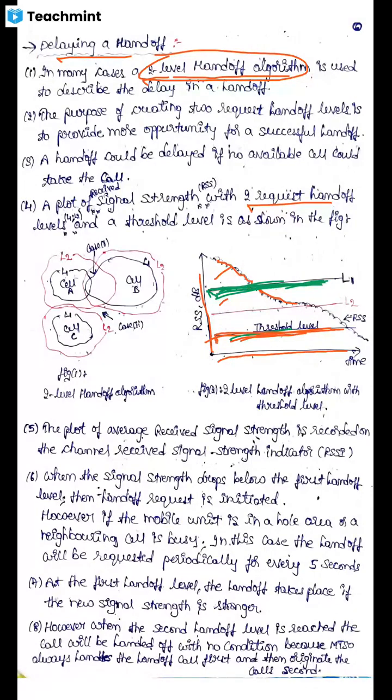In case there is also no availability of channels at L1, then what will it do? The signal strength gradually drops to the L2 level. When the signal drops to the L2 area,